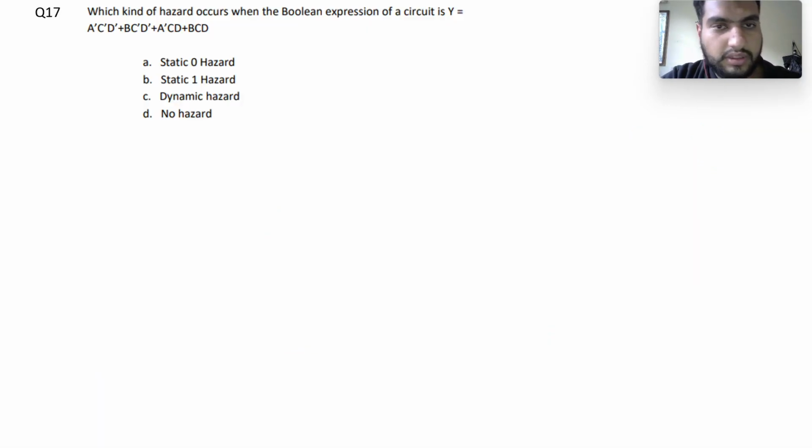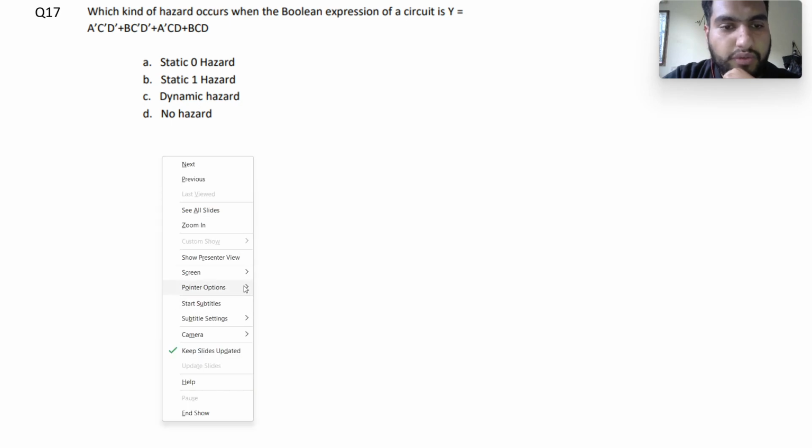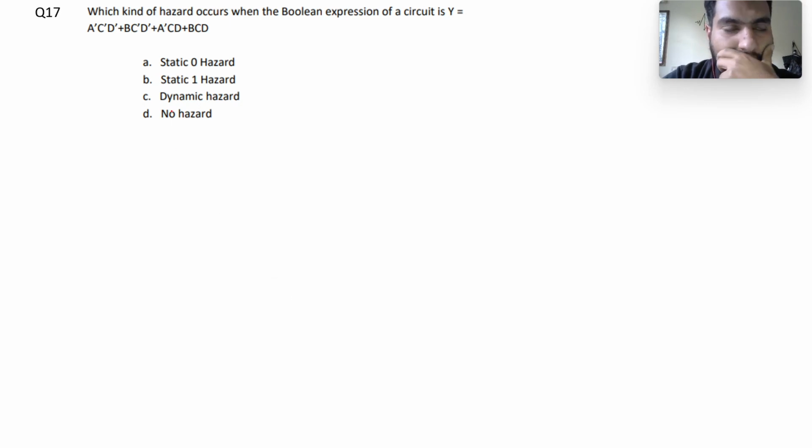And now this question number 17: which kind of hazard occurs when the Boolean expression of the circuit is y equal to A complement C complement D complement plus B C complement D complement plus A complement C D plus B C D. So if you carefully examine this, for any of the input combinations,